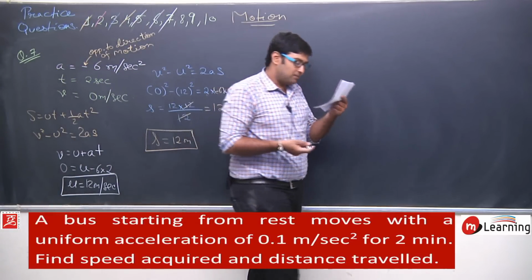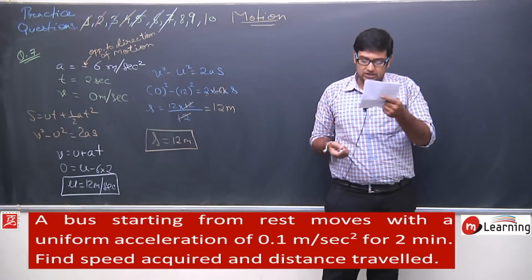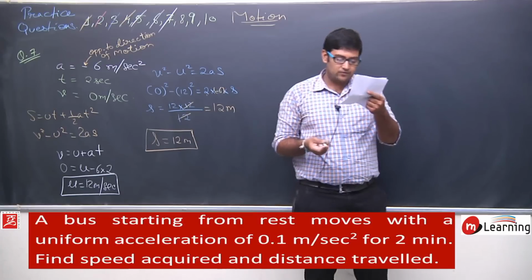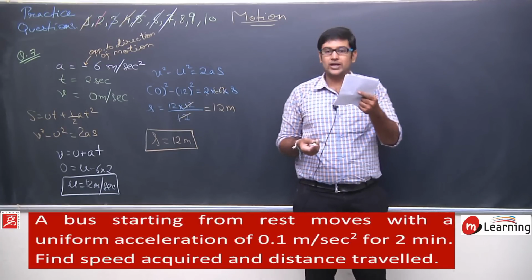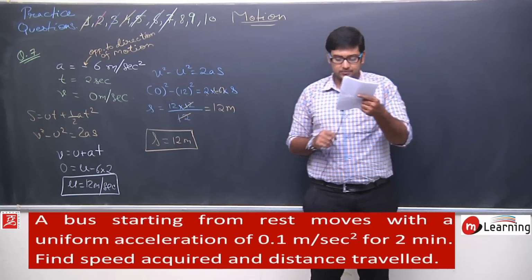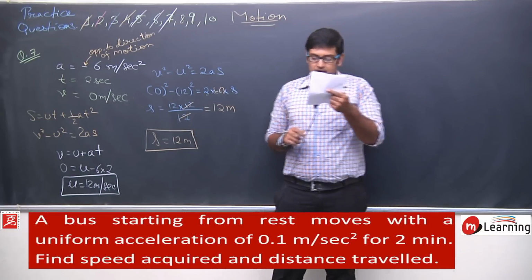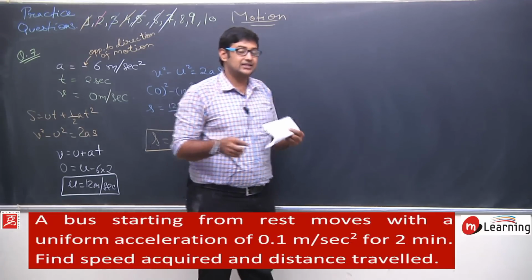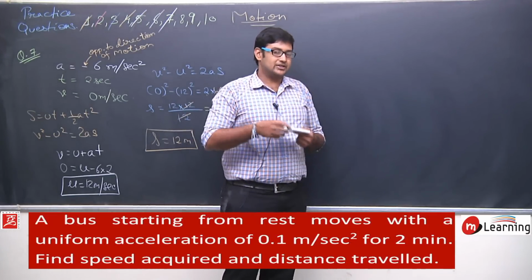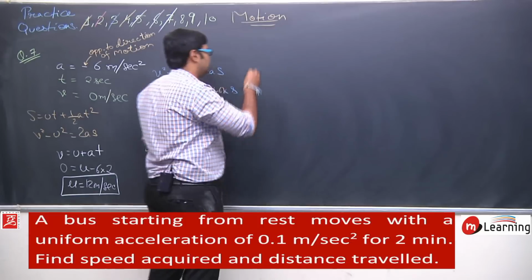It says a bus starting from rest moves with a uniform acceleration of 0.1 meters per second square for 2 minutes. Find the speed acquired and the distance travelled. So in this question, question number 8,